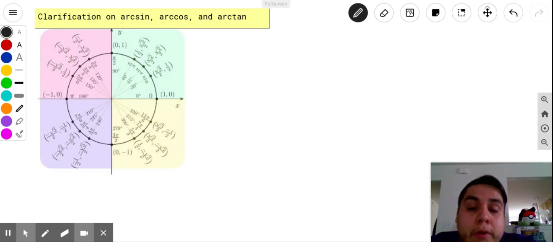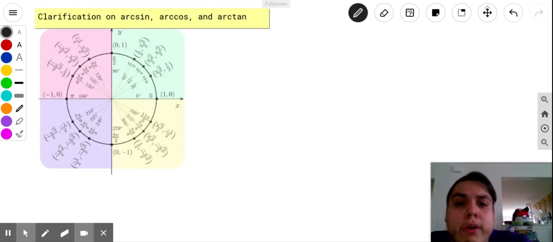We talked about, or I showed you how arcsine, arccosine, arctangent, the inverse functions to sine, cosine, and tangent respectively, were formed from the graph. The original sinusoidal functions are not invertible for their domains because they're repetitive, so they would fail the horizontal line test. So what we do is we just take a little snippet of the graph and we use that to create these inverse functions. That way it would pass the horizontal line test. So when it comes to arcsine,